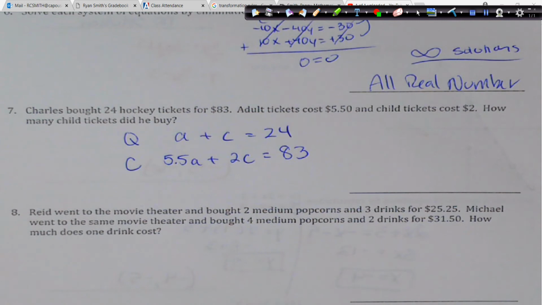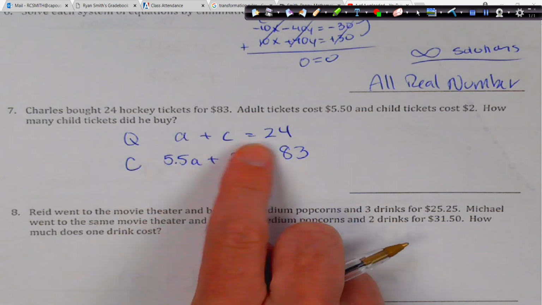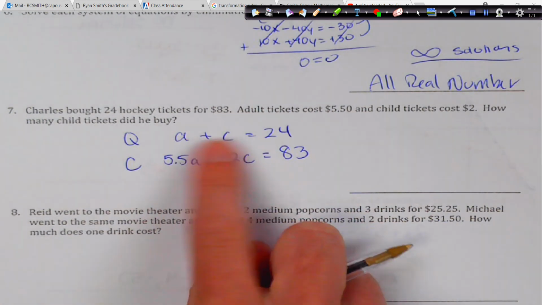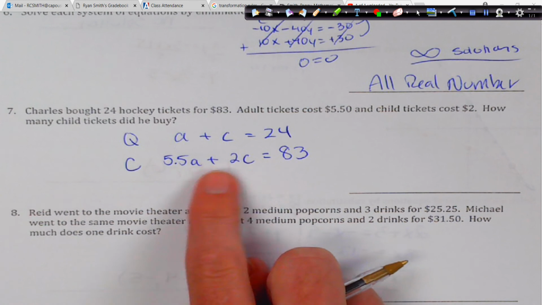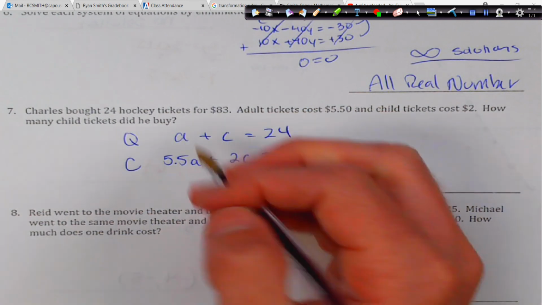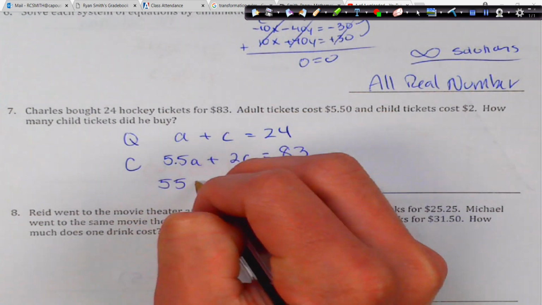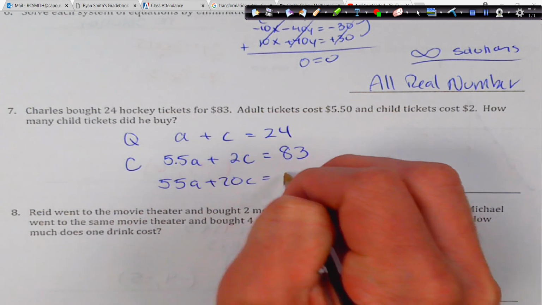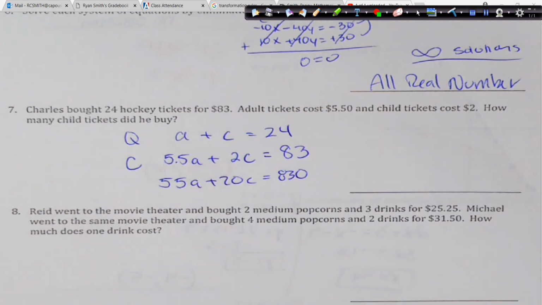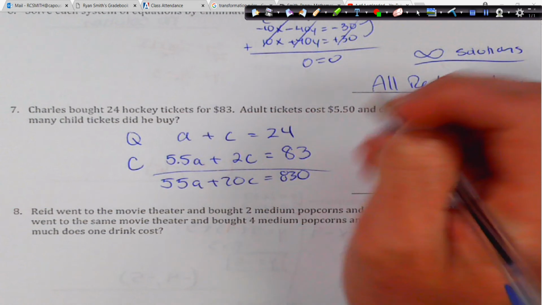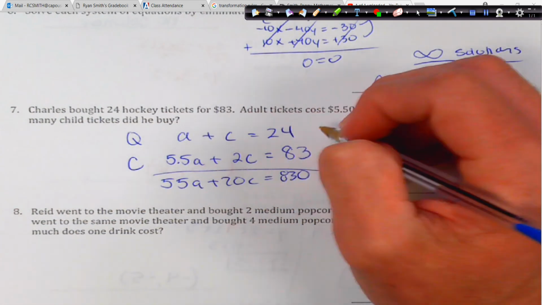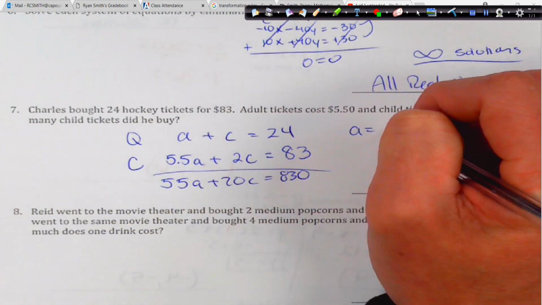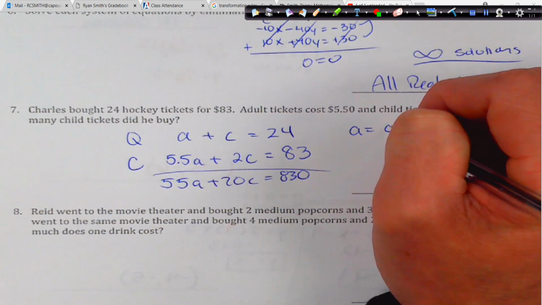Okay? So we can kind of quickly solve this by using a little bit of substitution. I'm going to go ahead and solve this for A. Down here I'm going to actually multiply all this by 10. So this is going to become 55A plus 20C equals 830. And it just makes it a little bit easier for me to solve. And then over here I'm going to go ahead and subtract the C, so we get A equals, it's going to be